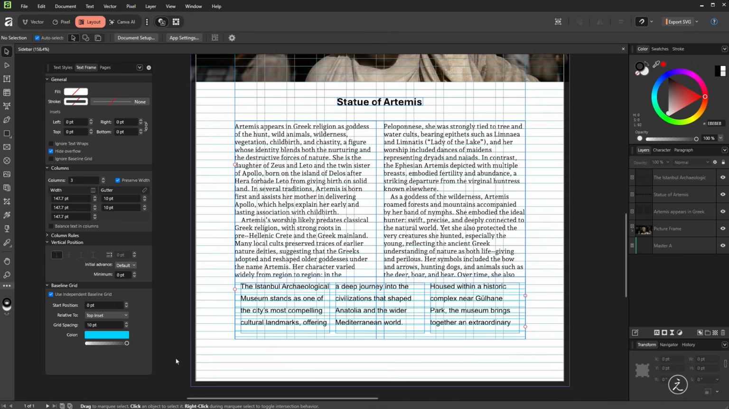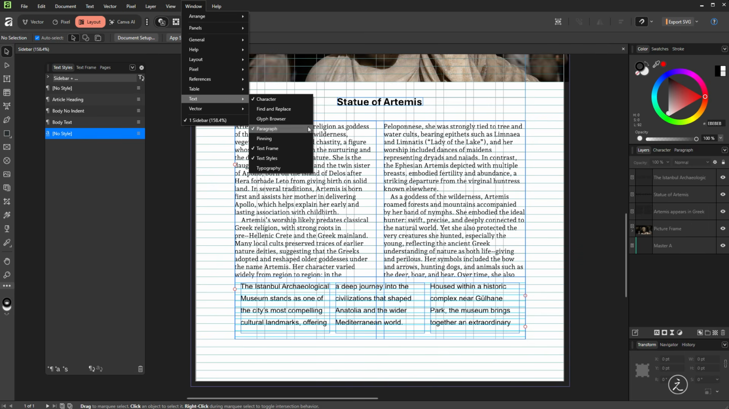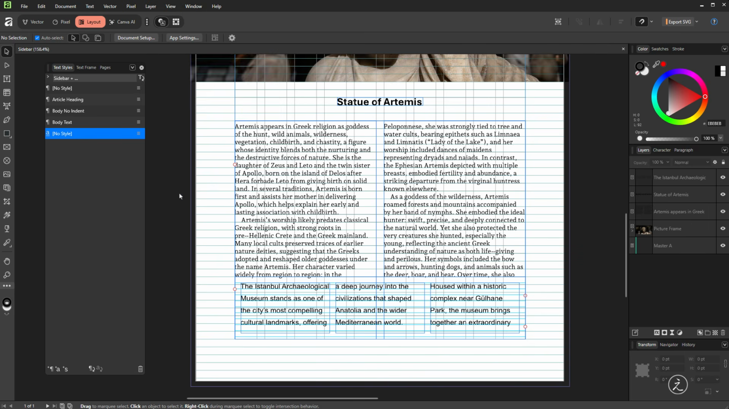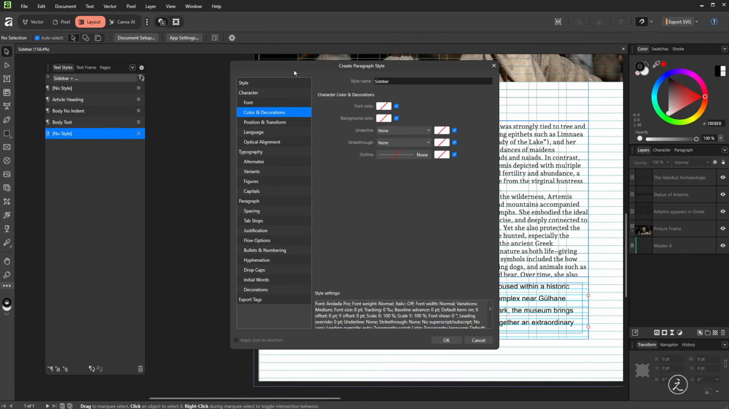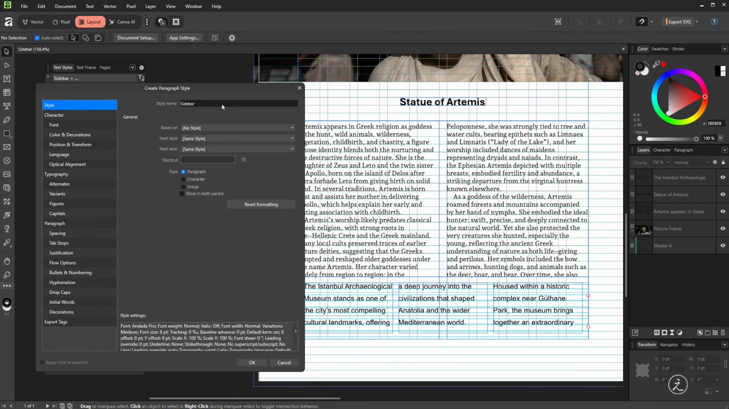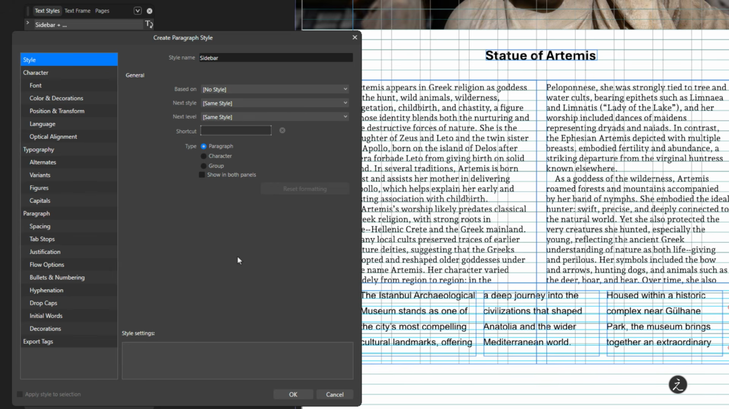To create a paragraph style for the sidebar, that means we need to be working inside the text styles panel, which you can access under the window menu, text, and then text styles. All right, so with nothing selected, and at the very bottom, I'll click to create a new paragraph style. For the style, I'll give it a name of sidebar. This is not going to be based on anything. And I'm also going to click to reset formatting, so we start from scratch and there is no overlap coming